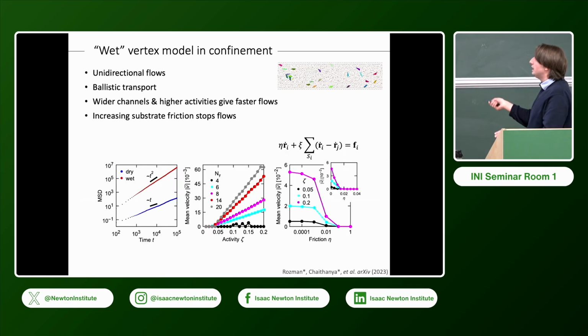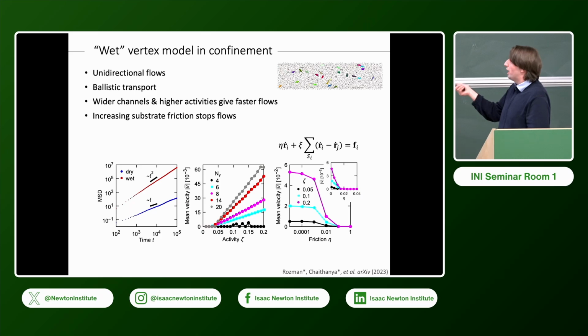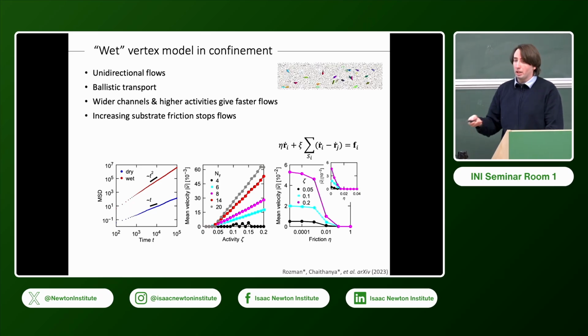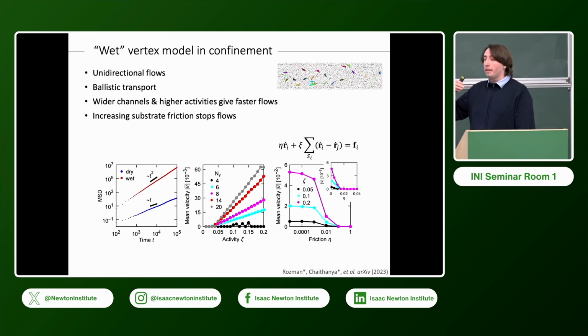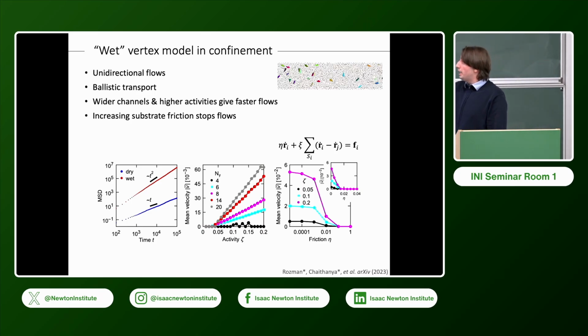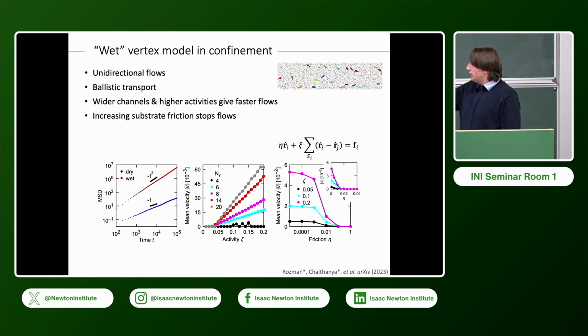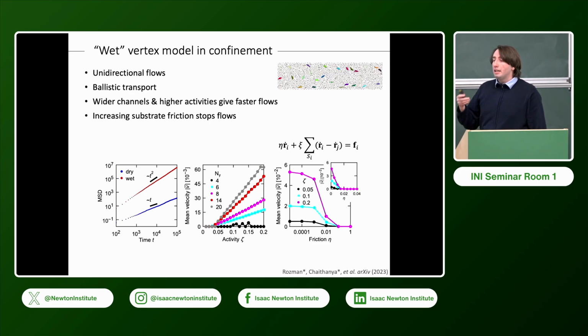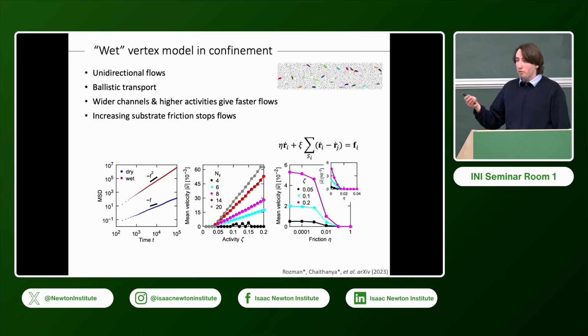But okay, yeah, the first thing is just quantifying what happens as we go in the channel from the wet to dry limit. One thing is, in the dry model, when you look at transport, it's diffusive, it can be super diffusive, but it's never really ballistic. And in the wet model, you just get nice ballistic transport down the channel. Then this is just the velocity versus the activity. You have a threshold. This isn't the usual threshold activity you would get in the continuum. It comes from the fact that this model has what's called a rhombile state at very low activity,